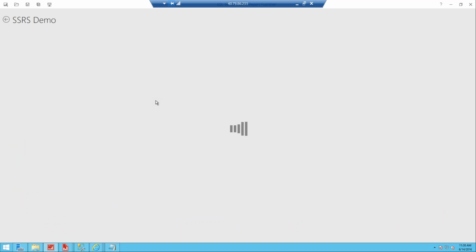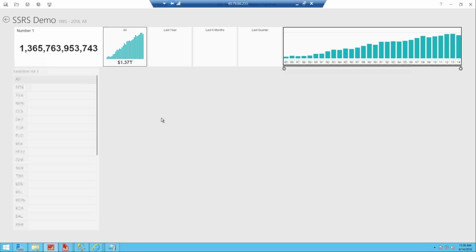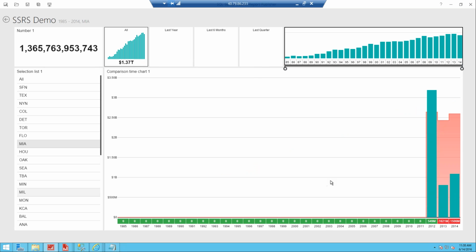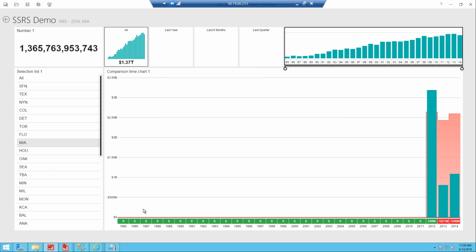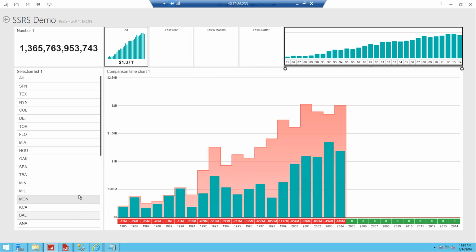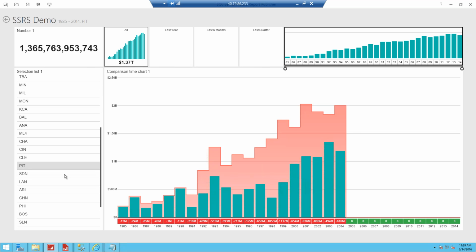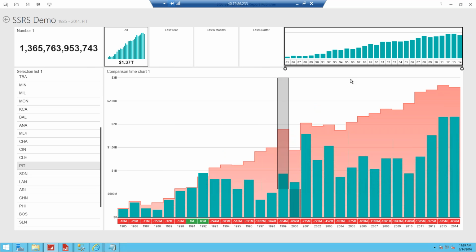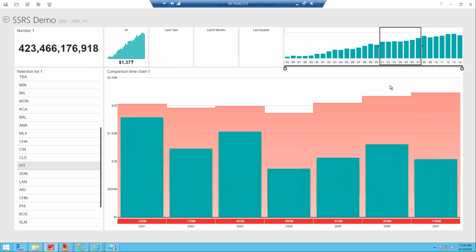Hopefully this works right now. And I can start interacting and seeing what the data looks like here within my mobile report. So again, I can click on, say, Miami and see the salary by year for that team. For Tampa Bay, you can see how they are doing. So basically, these teams are way underneath what the average salary is for that given year. Pittsburgh, same as there. And I can also zoom in on these given years